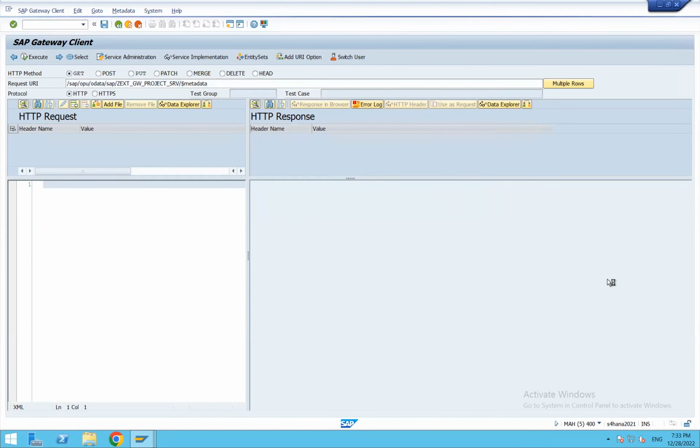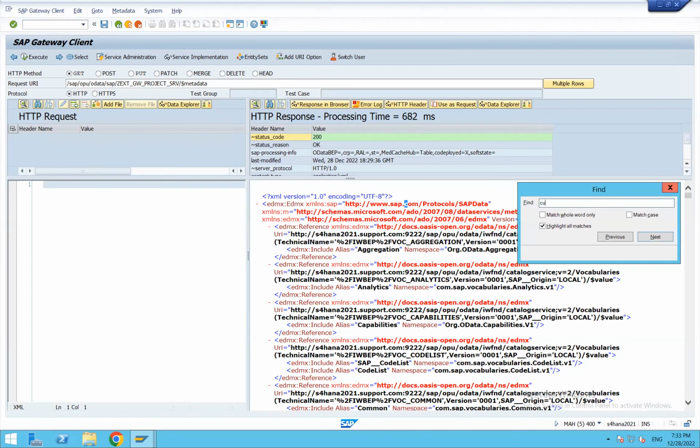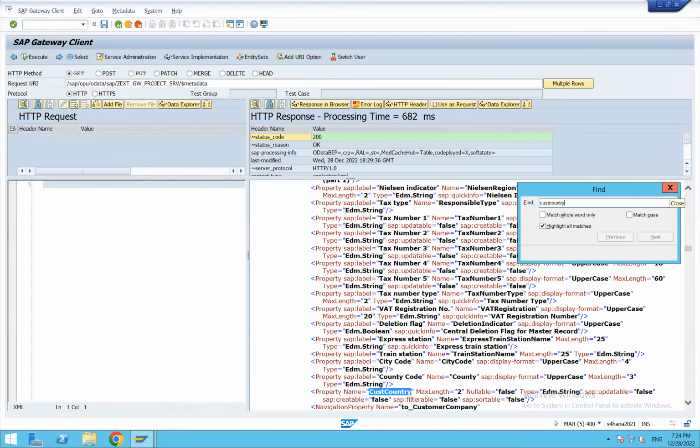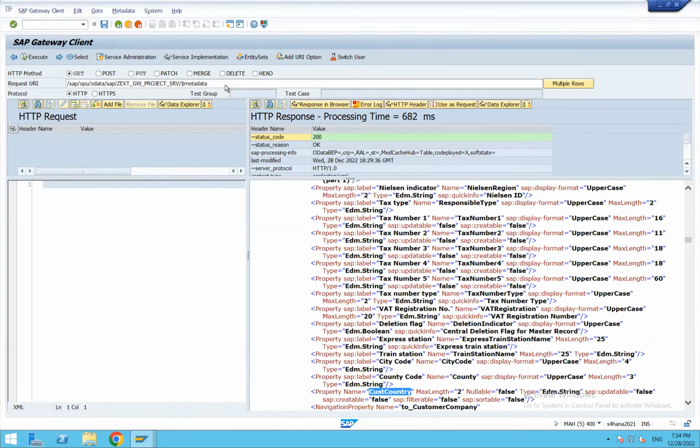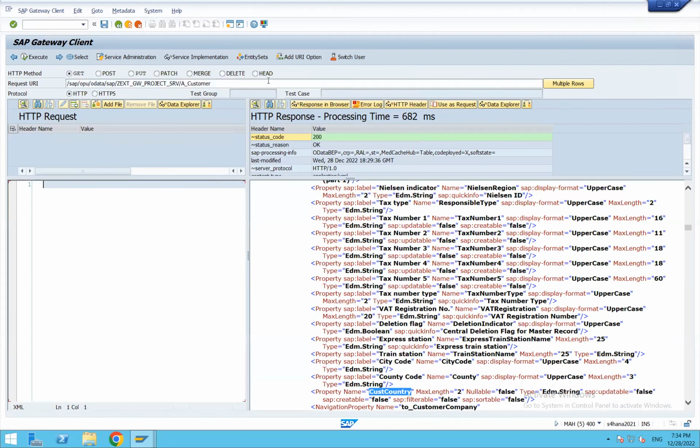Let's go with metadata. So yes, here we go. Cust country we have in metadata, and let me try with this one